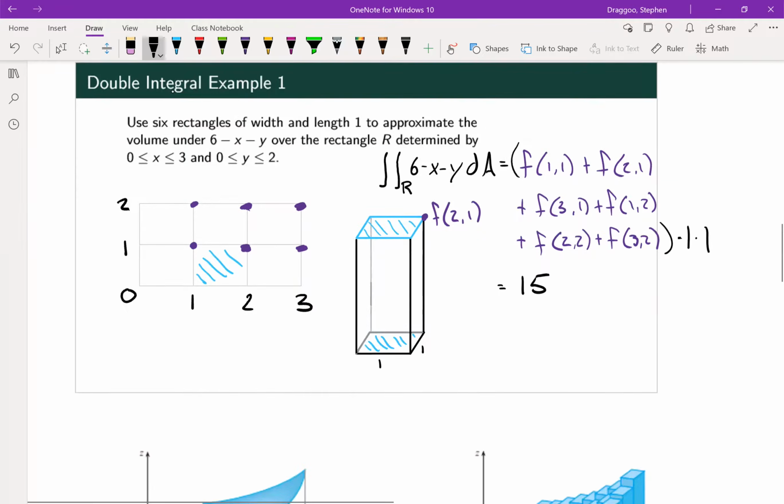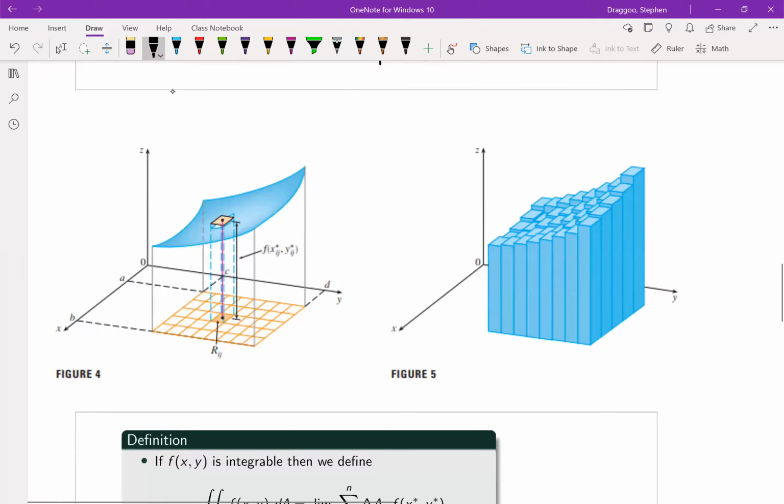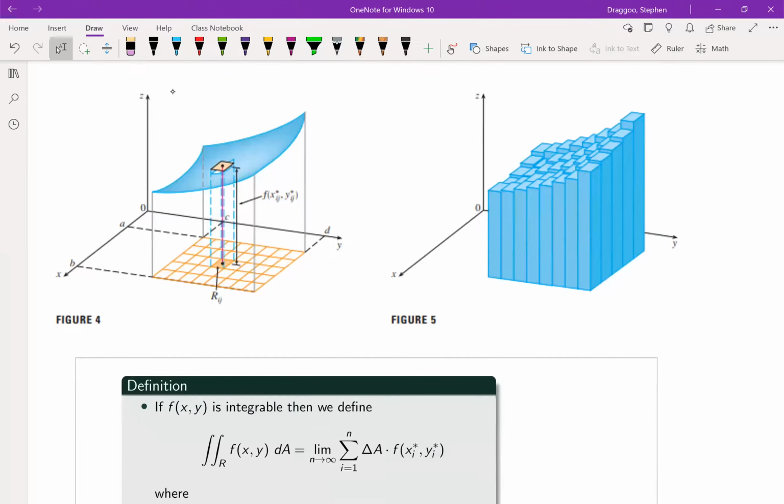So if we take a look at what that might look like over some general region, figure 4 and figure 5 does a fairly decent job of visualizing what it is that we're doing. We're taking our region, which is shaded in orange, and we're going to create a rectangular box in each one of those rectangles along our region R, and use that to create a whole bunch of boxes that will add up